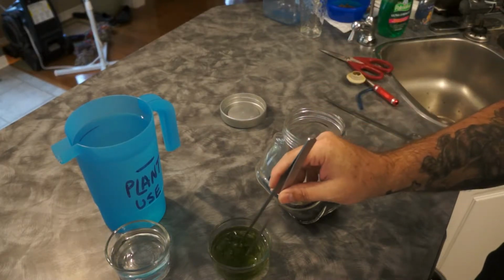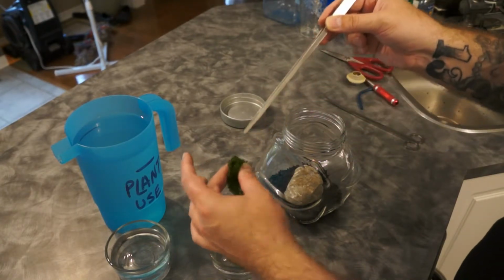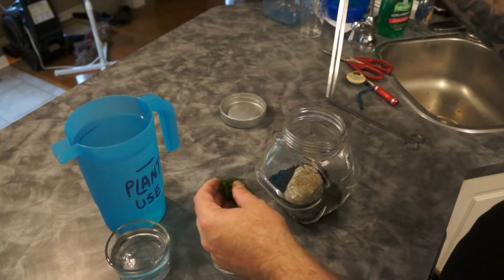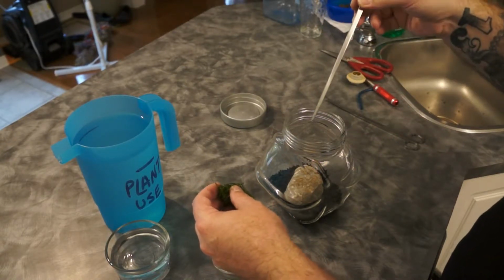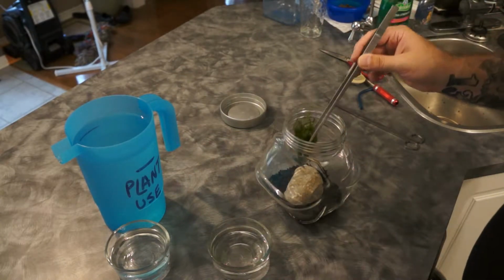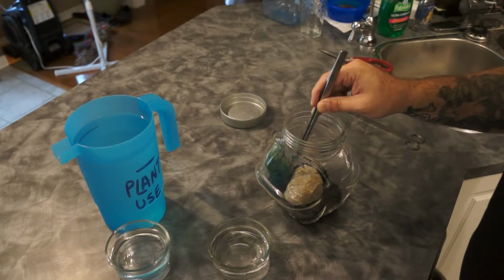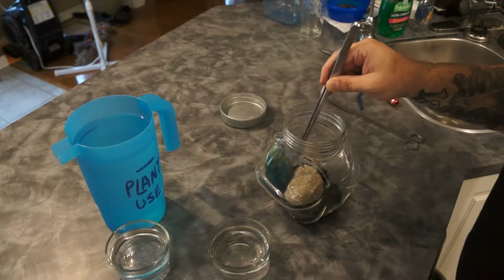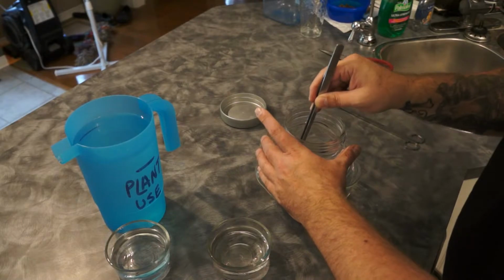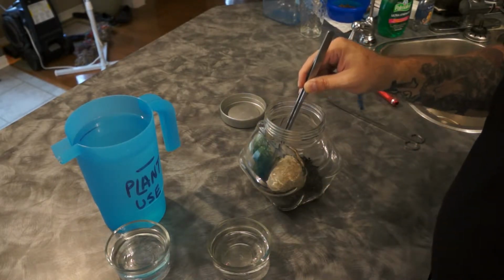So what we can do now is take the Java moss, and I'm going to pinch it so it's kind of folded, so we're not sticking the ends of the stalk in slightly to submerge them. We're going to be sticking the middle in, and that seems to work for me. I mean, Java moss is pretty forgiving, and it may still float away on me. We'll soon see. So we're going to just start to manipulate it and get a few strands of it under